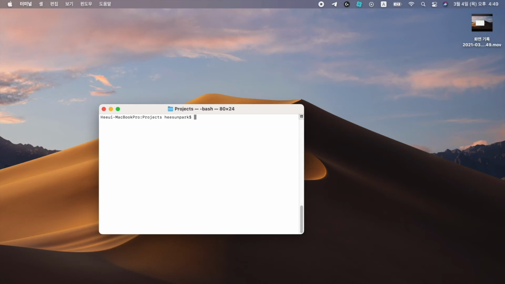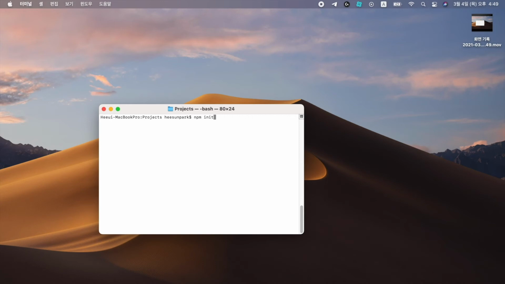So if you want to configure a React application project with npm, just type npm init create-react-app and the name of the project that you're going to make. If I say hello-react and type like this and press enter, the project will be configured.